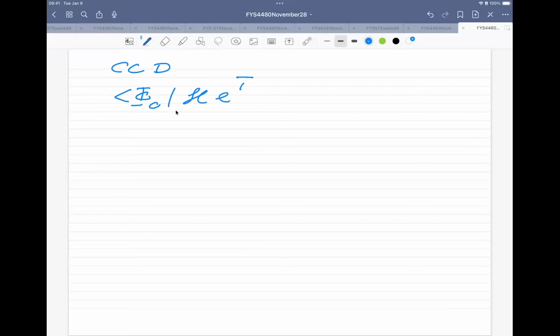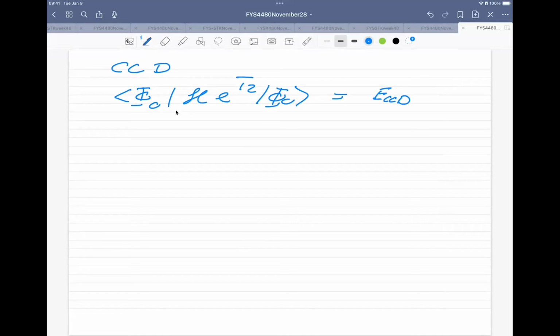We have e to the T2 multiplied with phi 0, and we found that this was equal to the E_CCD times e to the T2. When we expanded that one, there was only one possibility, and that was the one which contains the